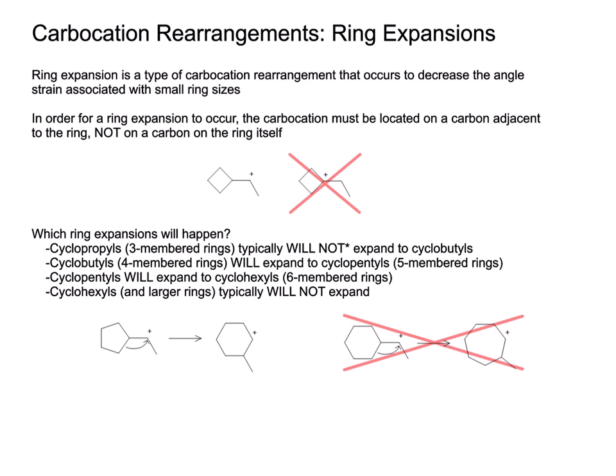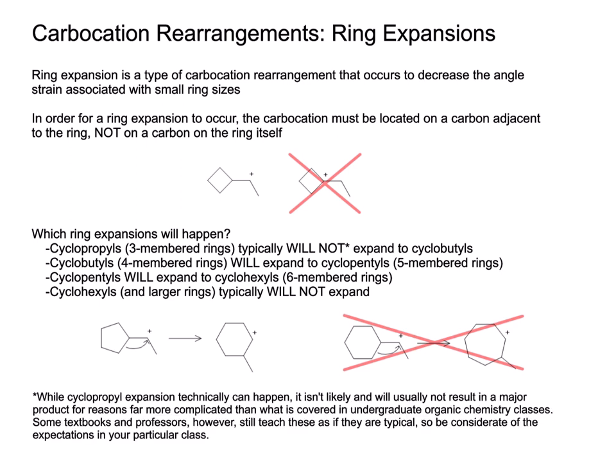So if we look at these two examples here, I have a five-membered ring expanding to a six-membered ring. However, you cannot do a six-membered ring expanding to a seven-membered ring. Now, this may come up whether a cyclopropyl will or will not expand. A cyclopropyl expansion technically can happen, but it isn't likely, and it will usually not result in a major product. And that is for reasons that are far more complicated than what is covered in undergraduate organic chemistry classes. Some textbooks and professors, however, still teach these as if they are typical,